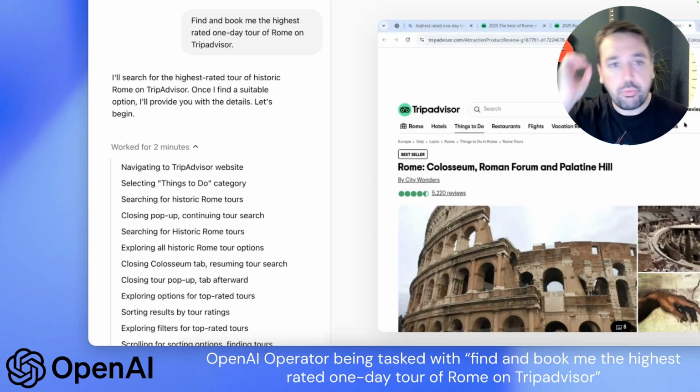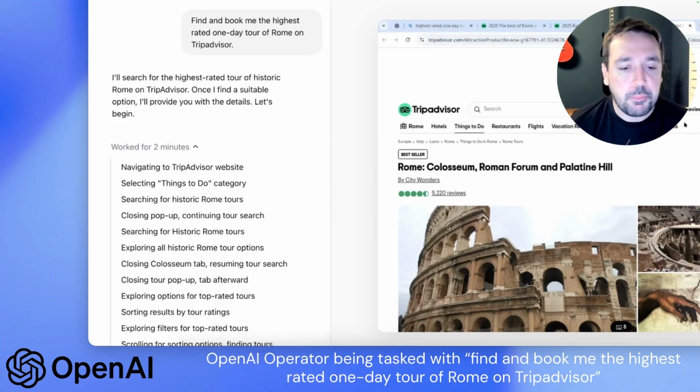So let's look at a non-security example here. The idea of these things is that they can act as really intelligent assistants for you. So for example, you might say, please go and find me a great one-day tour of Rome, check out TripAdvisor and book it for me. I haven't got time. And it will go and do all the things that you might do yourself that you don't have time for today. So it's going to go and do all that research, find the best tours, look at all the different reviews, figure out something good, come back with suggestions, say, I'm going to book this for you. Are you okay with that? Fantastic. Has the ability to save a lot of people time.